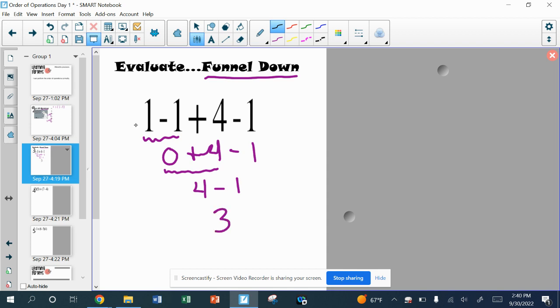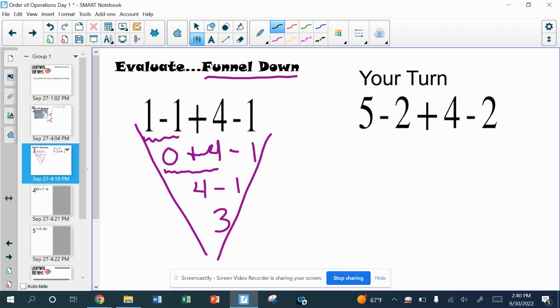Do you see how this looks kind of like a triangle or a funnel? You should be writing all of these things down so it all comes down to just that very last answer at the end. Okay, now I want you to try this one. You can pause the video for a second if you want to, but I want you to write this problem